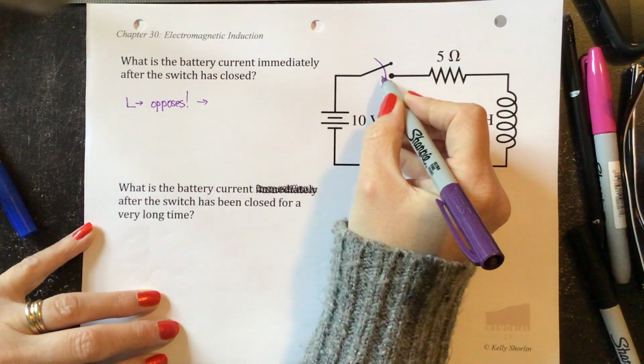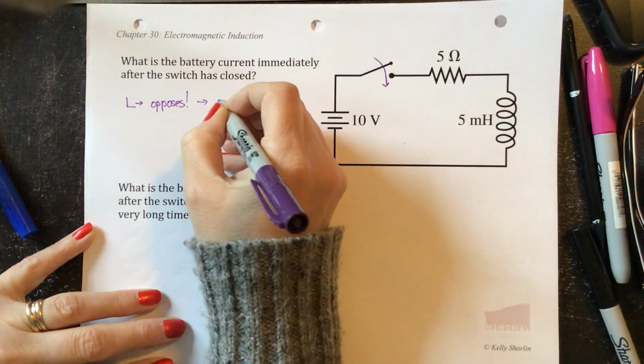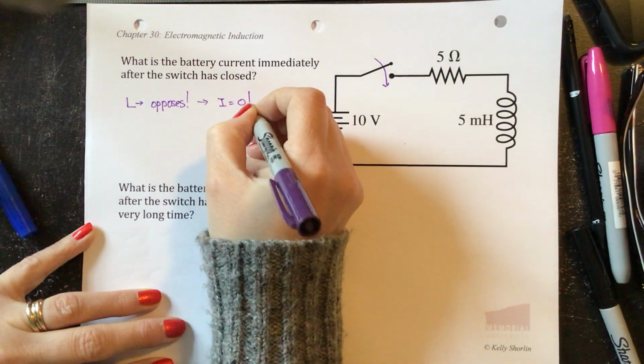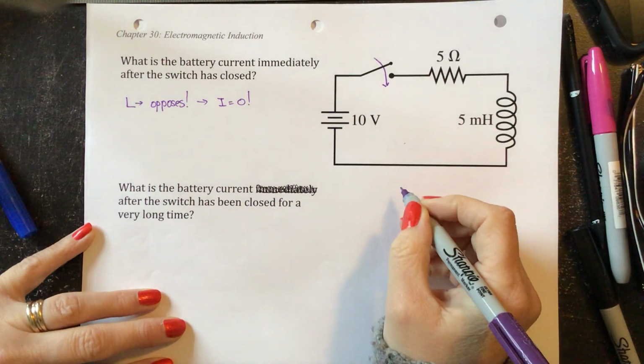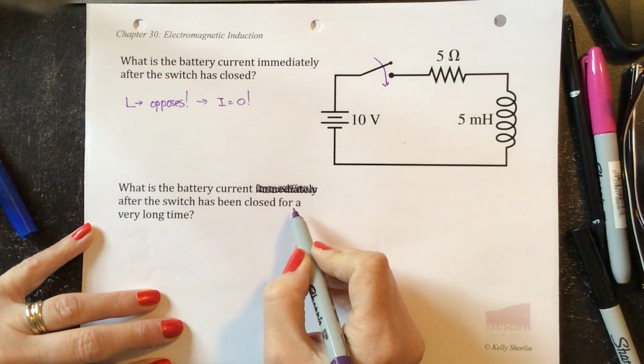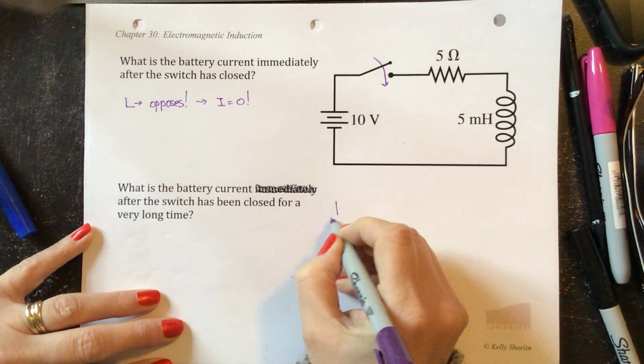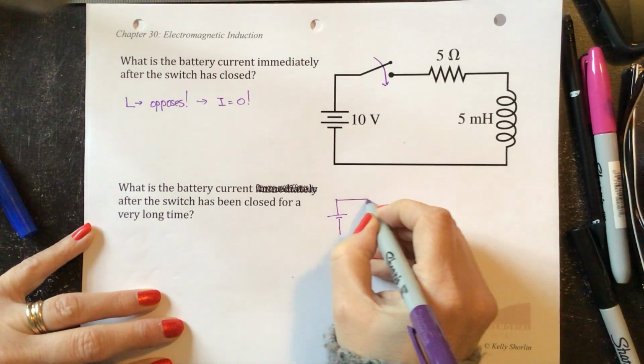That means that immediately after you close it, we cannot get a sudden change in current, so our initial current is still 0. It takes some time to build up. Okay, what is the battery current after the switch has been closed for a very long time? So after it's been closed for a really long time,